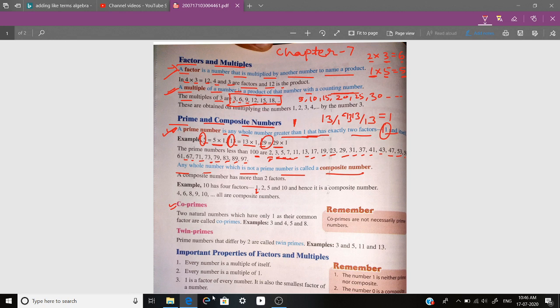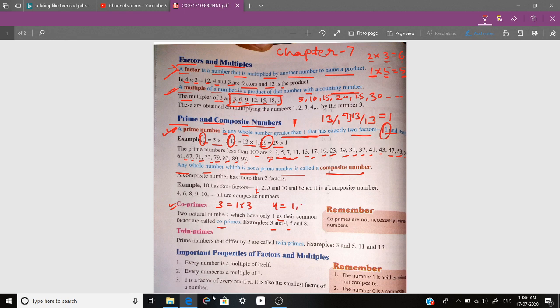Two natural numbers which have only one as their common factor are called co-prime numbers. For example, 3 and 4. For example, let's talk about 3. The factors of 3 are 1 and 3, 1 into 3. And the factors of 4 are, let's say,